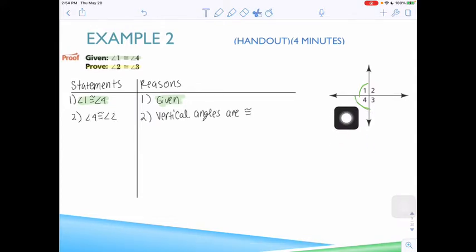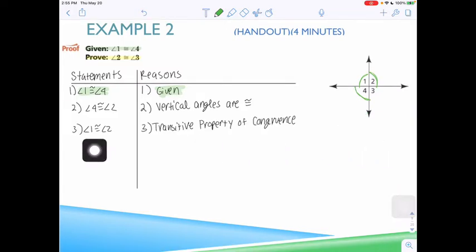Next, we can see that angle 4 and angle 2 are vertical angles, therefore angle 4 and angle 2 are congruent. We can show this on the graph by using two blue arcs to mark angles 2 and 4 congruent. However, we can also say that angle 1 is congruent to angle 2 by the transitive property of congruence because angle 1 was congruent to angle 4, but angle 4 was congruent to angle 2. Therefore, angle 1 is congruent to angle 2. So we can actually just mark angle 2 with one single green arc, and angles 1, 2, and 4 are